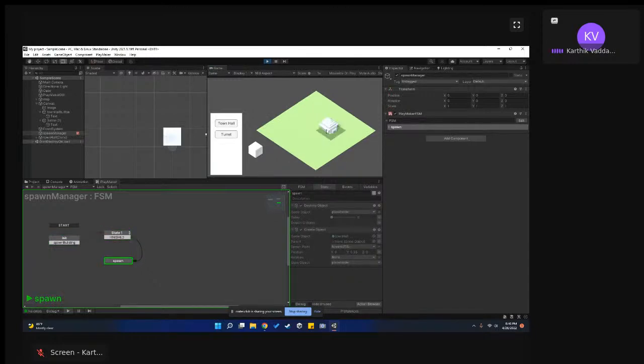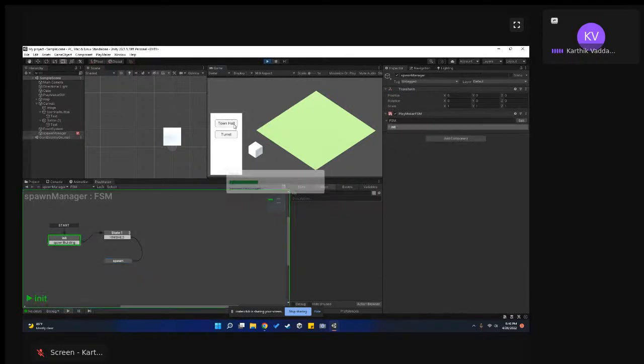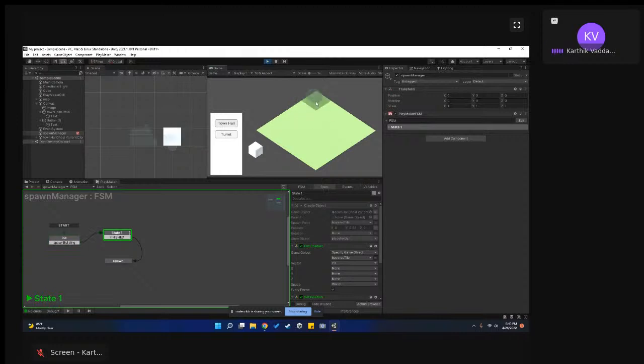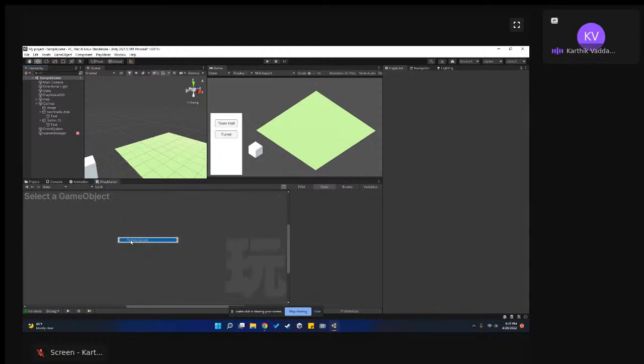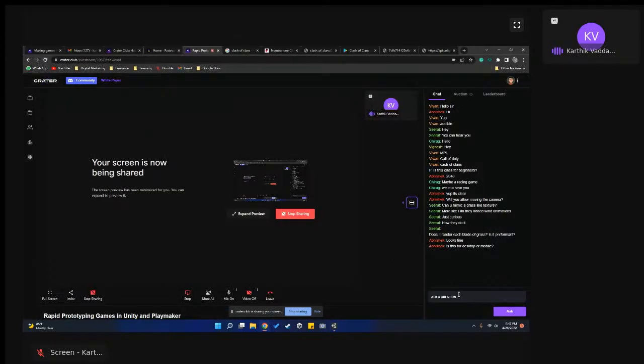And then we have one particular mechanic of how we can make a strategy game. And you can add effects like smoke coming out of the ground when you place it, because it is a building, and that will be really nice. So let's just do a particle system. In the meantime, you can ask any questions